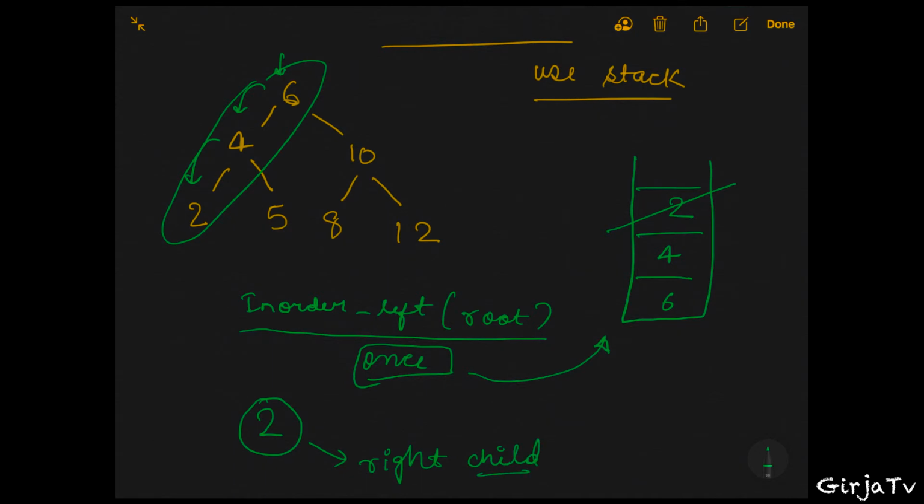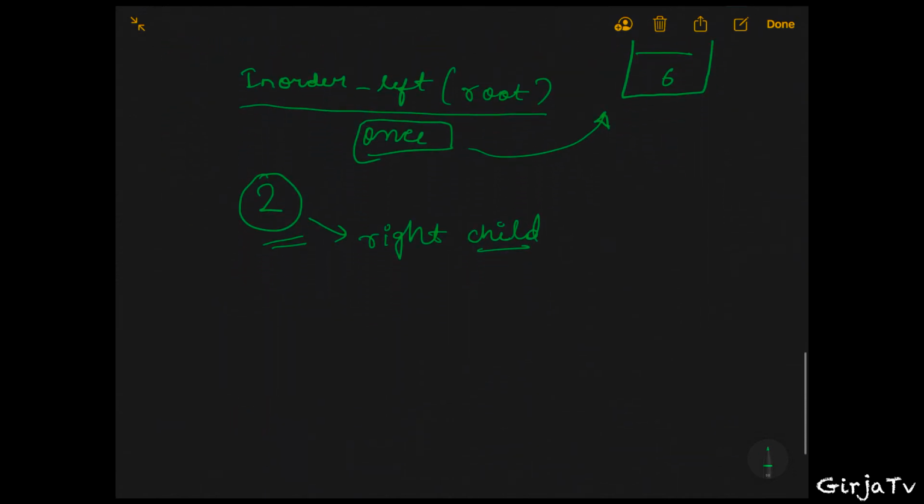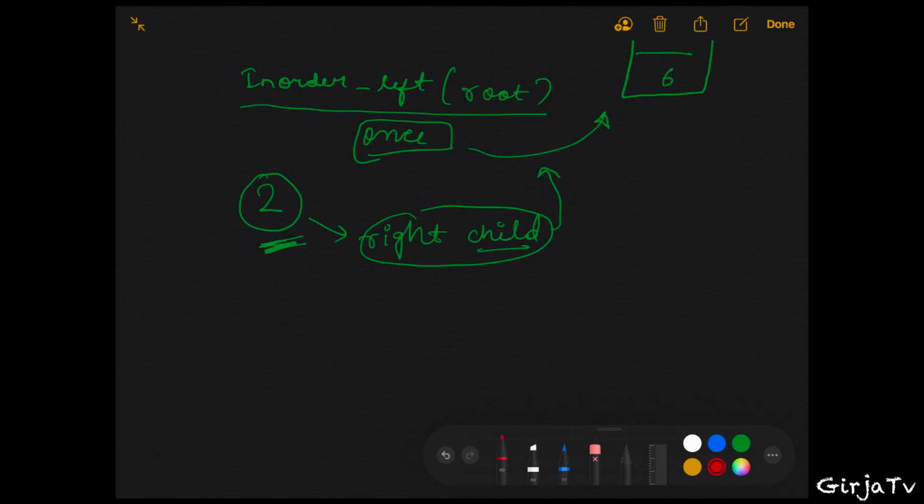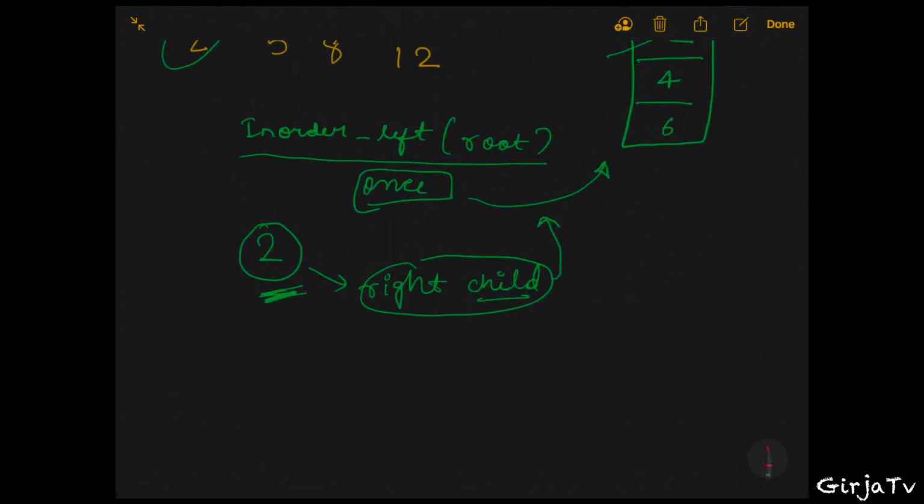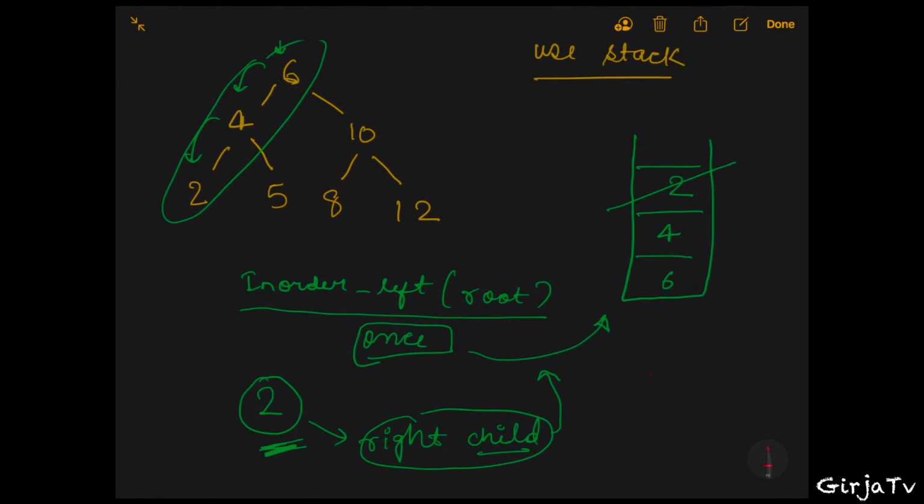Okay, so if this node has a right child, then we will just do what we did for the in order left. So we will be calling this function with the right child of node number 2. In that case, we will be keeping all our elements in the stack again. So our stack will become 6, then 4, then again 5 will be here, and since 2 is popped,